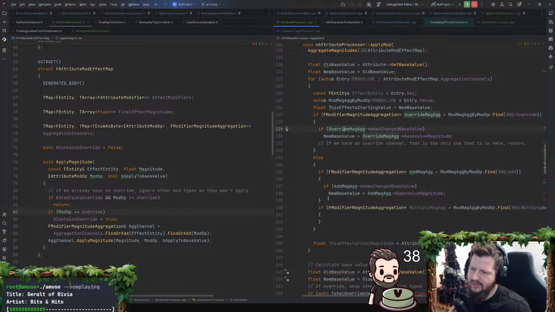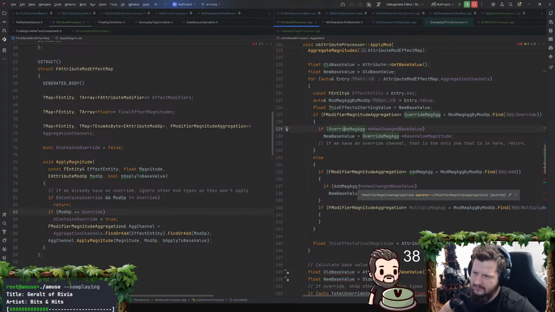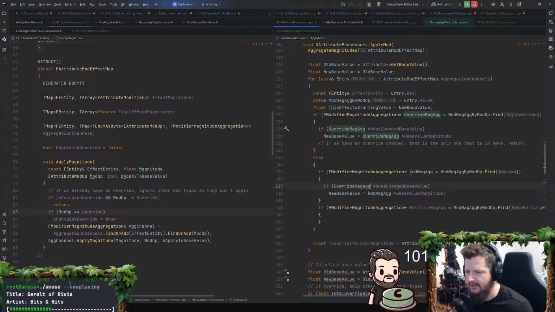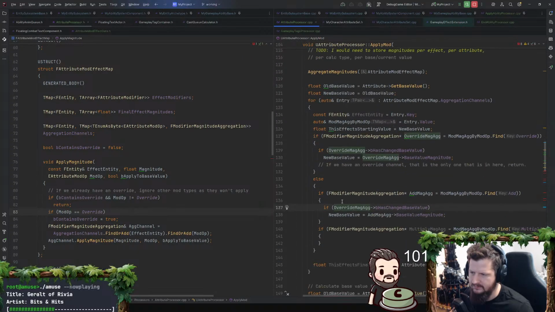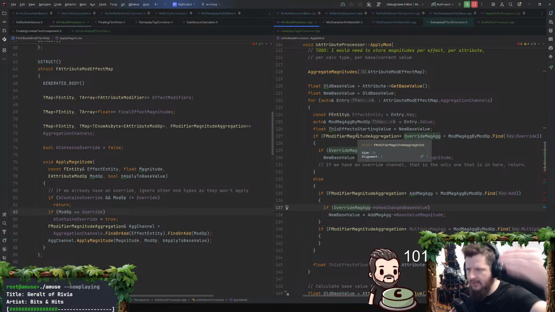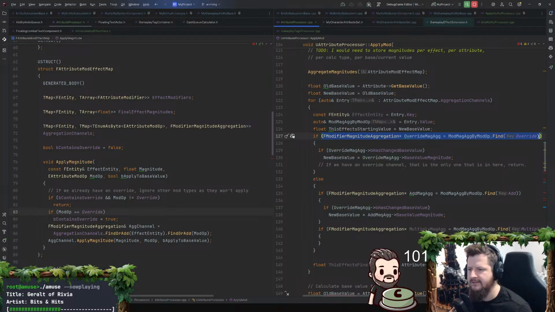How is that in scope here? That is so strange to me. How is override mag ag in scope here? Does that make sense to anyone? I feel like Ryder is lying to me right now. How is this variable in scope right now? I guess the inline if is the same as if you did it above the line. I feel like this is disingenuous to the scope of the variable, actually.